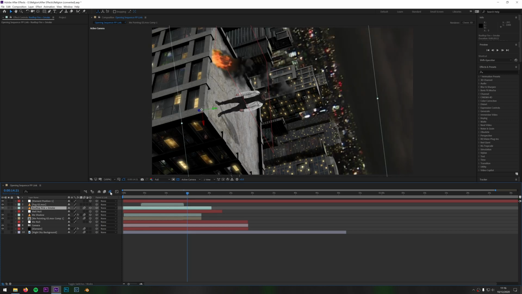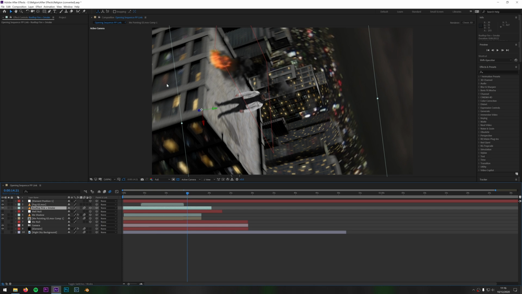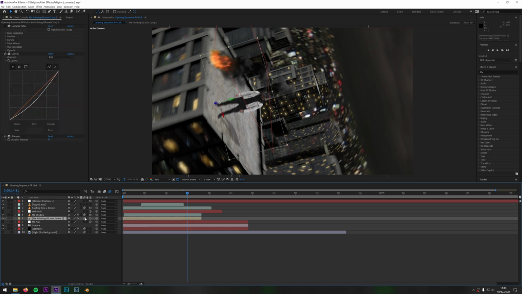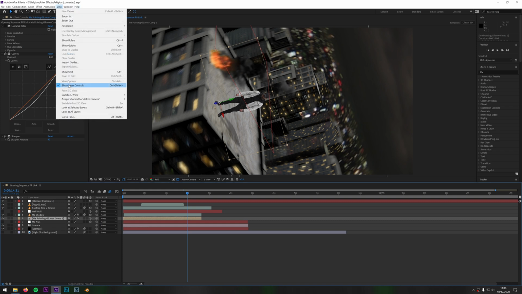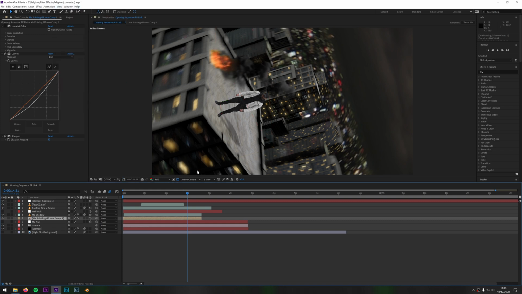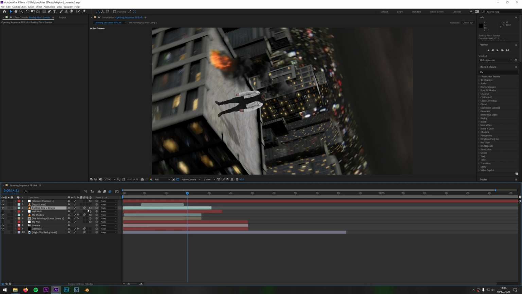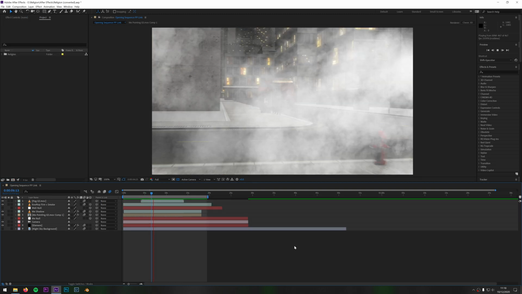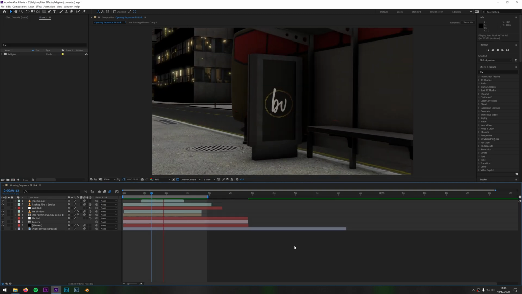But these ones in particular, so if I come up here and switch on motion blur, you can see everything now has got motion blur. But if I switch it off, you can see I've not got motion blur now. So you can see I don't have motion blur, but the rest does, which looks out of place. So you need to make sure you switch on motion blur for every single layer. So here's the smoke, no motion blur, with motion blur, and finally the element without it, with it. So you need to make sure you stick motion blur on for all your objects, and it'll give a much nicer dramatic effect. So when you finish the whole thing, the effect you should get is